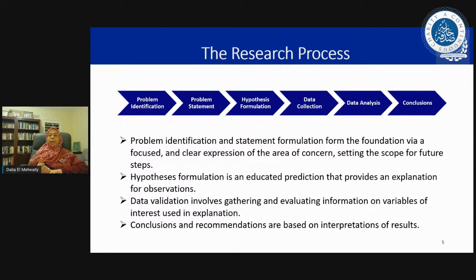And then we move on to data validation. Before we get there, we do data collection first. As you can see in my graph here, we've got the data collection. I'm going to collect the data, and then I have to validate it. Is this objective? Is this good? We have to evaluate that data. Is this worthy? There are a number of categories or criteria that the data has to meet in order to be viable for us to use it in research. And then we move to data analysis.